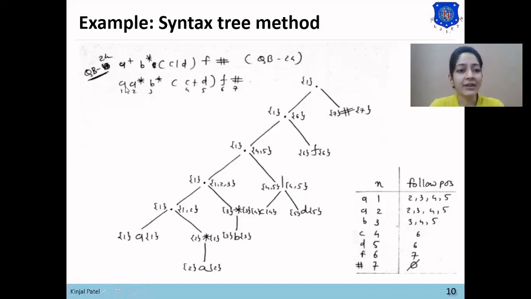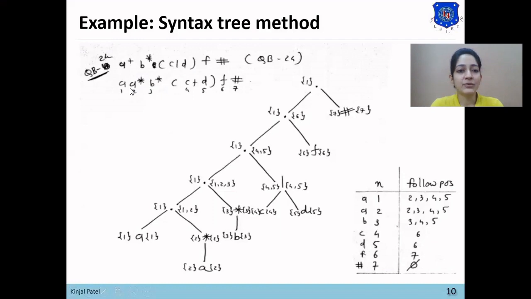So if we add one compulsory A to the Kleene closure, then A A star will be equal to A plus, as in A plus there is a compulsory A. So A plus can be converted into A A star. Here we have converted A plus into A A star, and the remaining input will be as it is: B star, C or D, F and hash.